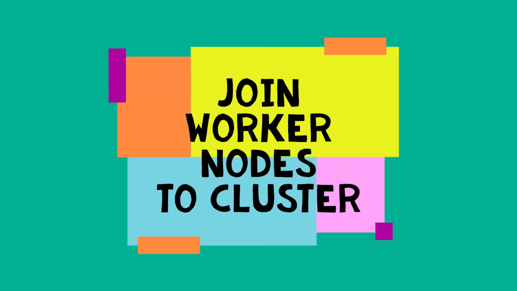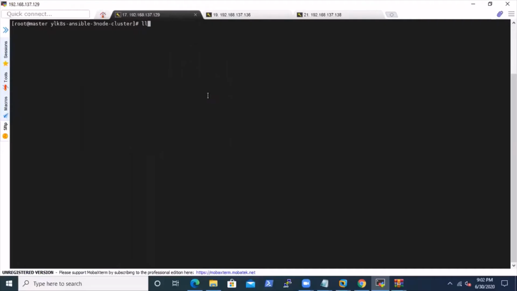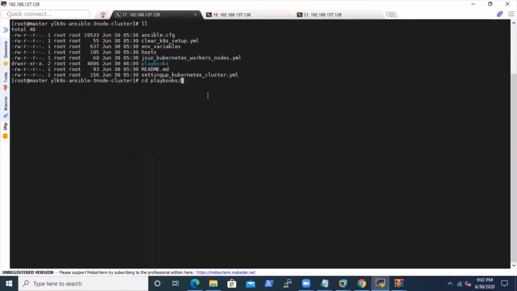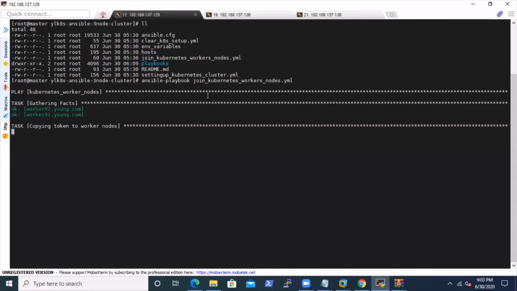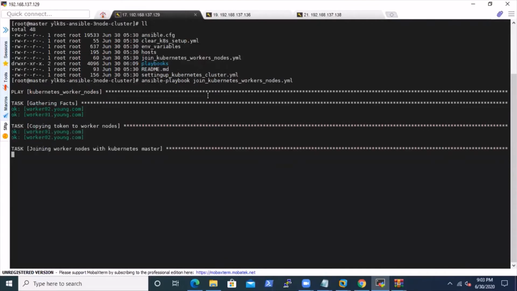Now the next thing is to join the worker nodes to this cluster. There is a file, join kubernetes workers node.yml. On running it, it will use that token. Now see, worker 01 and 02 are copying the tokens, and now they will join the cluster.